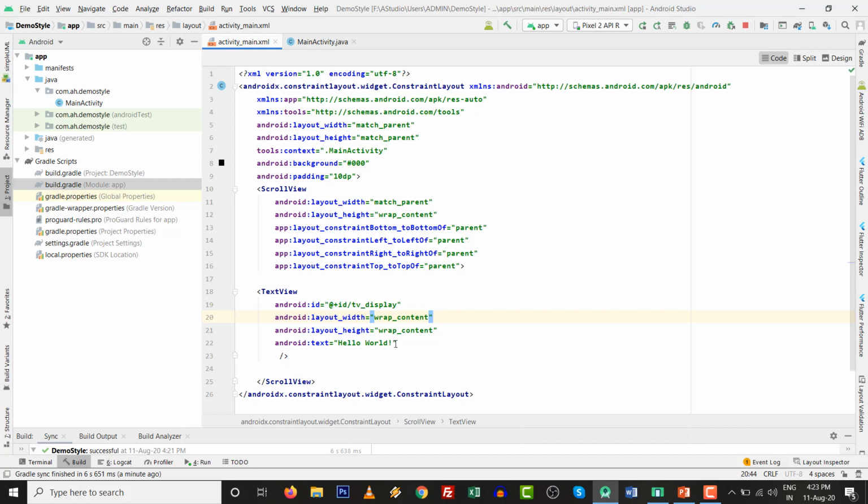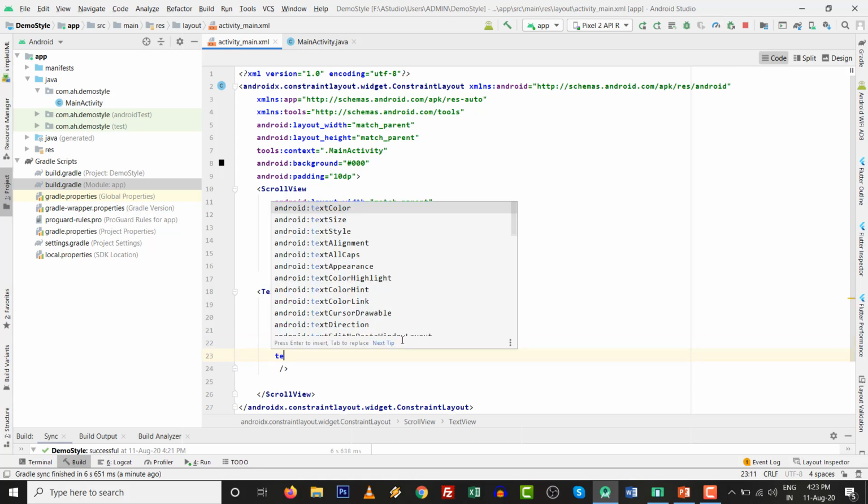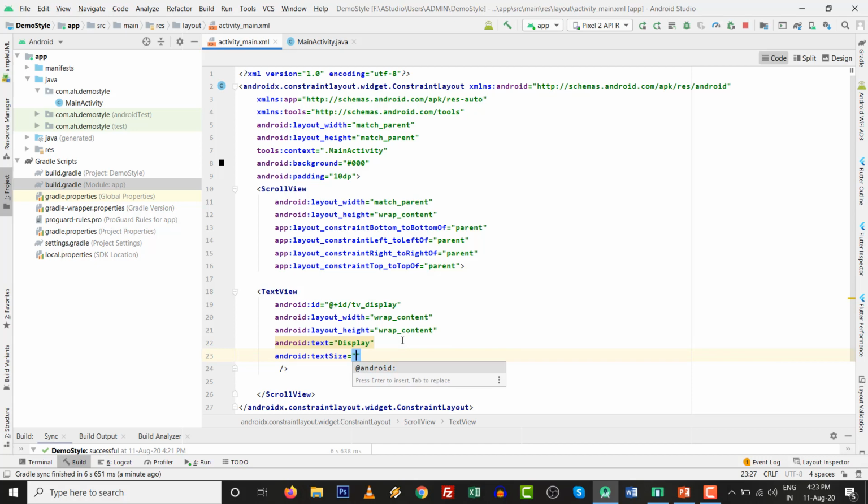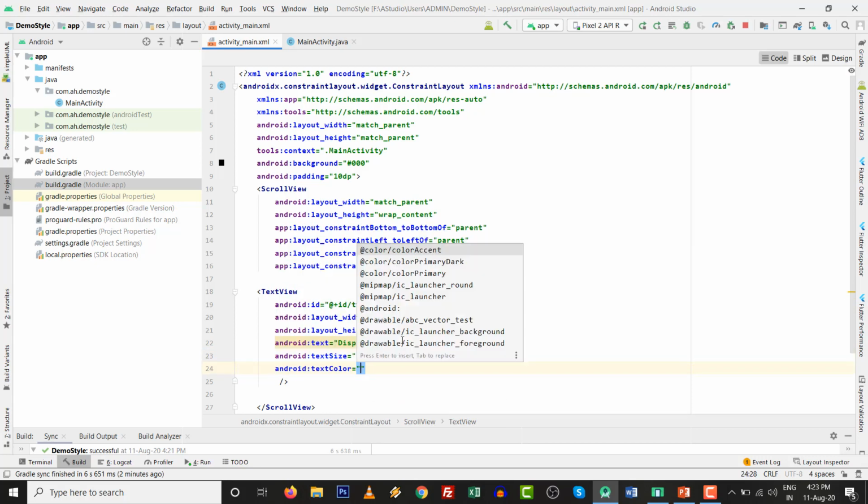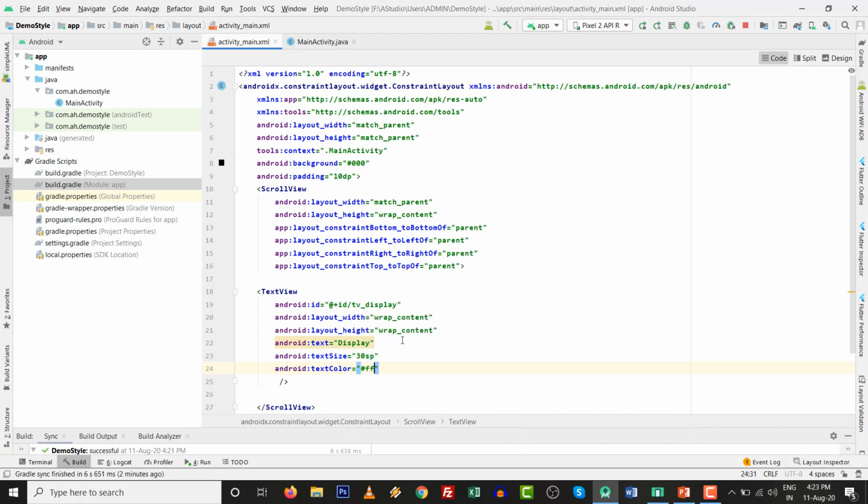Height and width are okay. If you want to display some message first, then I will say display. Then text size will be 30 sp and text color will be white.